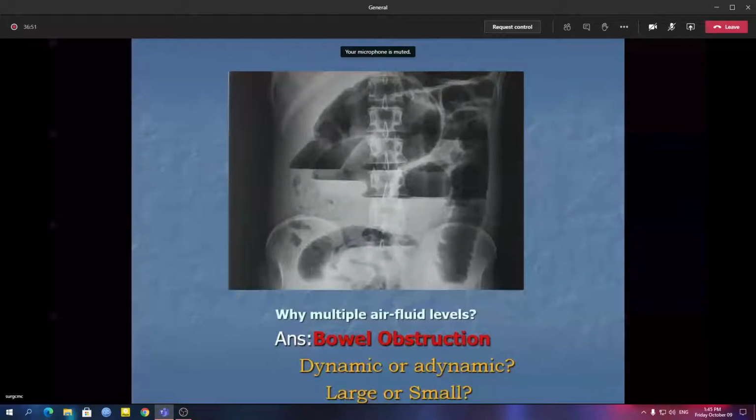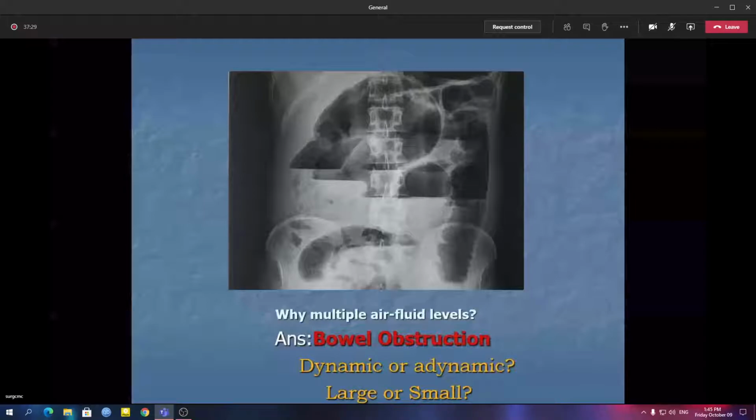Now, I believe you know something about dynamic or adynamic obstruction. As I told you in the peptic perforation X-ray, there can be intestinal paresis, an aperistaltic gut, because of sepsis, because of peritonitis, because of hypokalemia. There is no movement of the intestines, so there you will get adynamic obstruction. But a dynamic obstruction is usually mechanical, be it intestinal knotting or some kind of obstructing lesion within the lumen, whatever. That is a dynamic, mechanical obstruction.